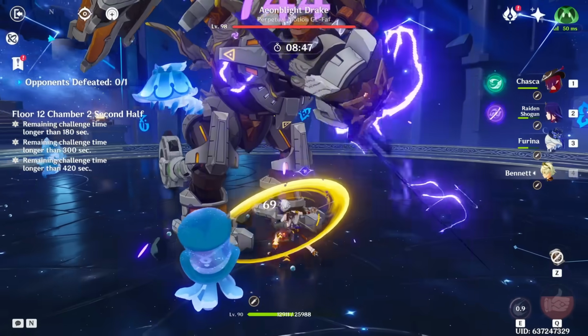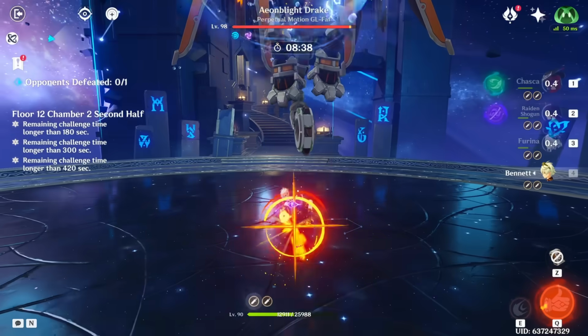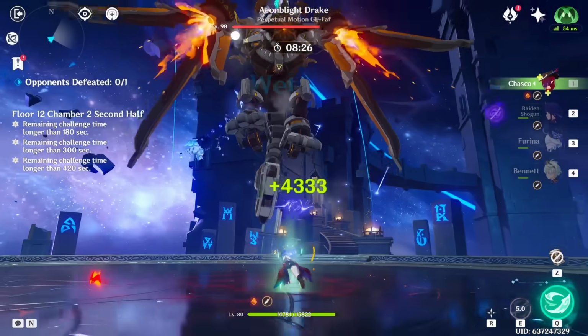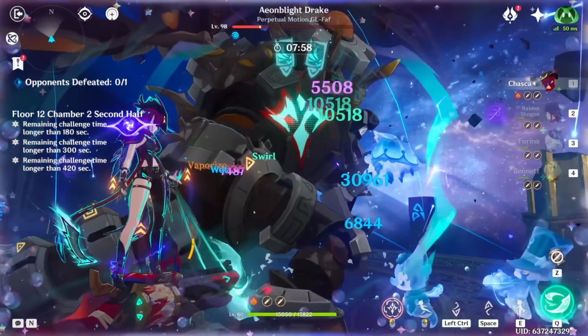Unfortunately, we don't have all of our bursts up, and my Farina's ER is not great. So I'm not gonna have the Farina buff right away. We're just gonna see what we can do by shooting. And this is such a different way of fighting it, and I love it. Then we can go ahead and use all of our buffs and just start unloading on this guy,